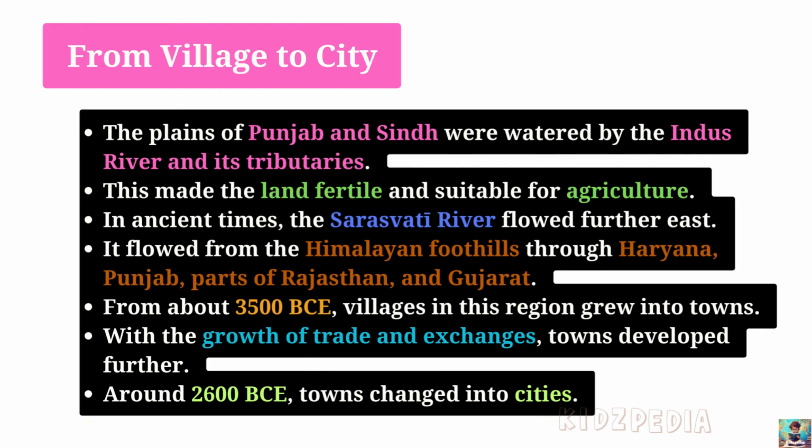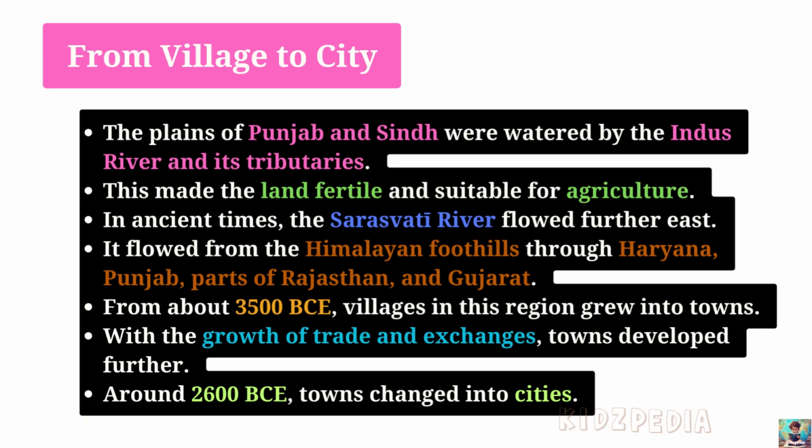So long ago, the wide plains of Punjab and Sindh were watered by the Indus River and its tributaries. Because of this regular water supply, the soil became fertile, which means good for farming. So, agriculture developed very well in these areas. A little towards the east, thousands of years ago, another river called the Sarasvatī used to flow. It started from the foothills of the Himalayas and passed through Haryana, Punjab and parts of